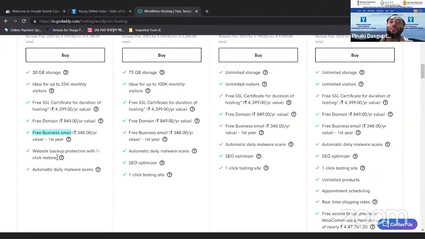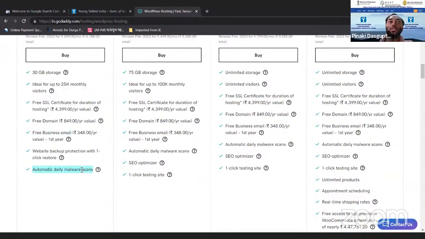Either you have to develop it from scratch again, or you have a restoration button. If you click on it, the entire site backup will come up and load again. So you don't have to work again on this particular website. So this is backup protection, and automatic daily malware scans.